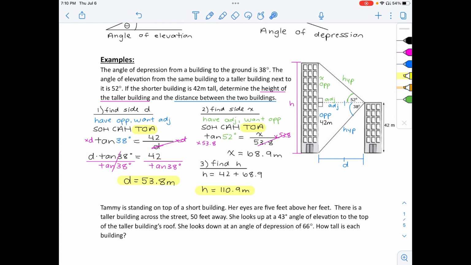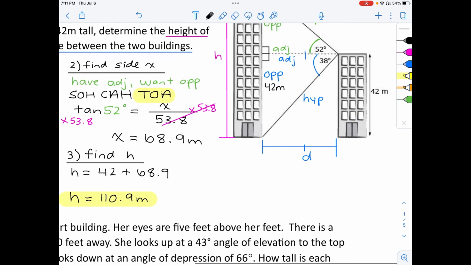So because I'm solving for two different side lengths, two different distances, I need to include meters in my solution, okay, just for full communication marks. And because it is a word problem, meaning my question is posed as kind of like a paragraph, a few sentences together, I need to provide a sentence answer. Okay, so you may or may not have seen this before, but what I'm going to do is write this little symbol. It's like 3 dots that kind of make a triangle. This means therefore, and I'm going to say therefore the taller building